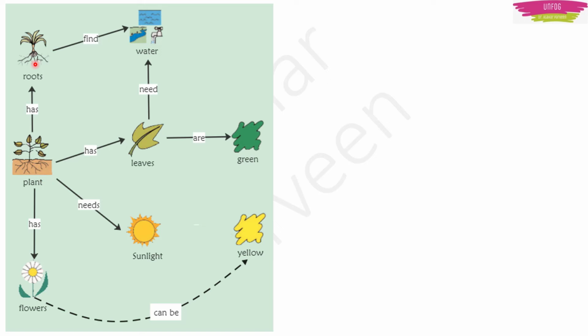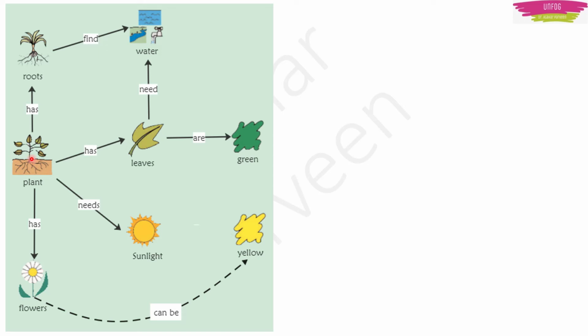Right? The work of the roots is to find water from the land. It will also give strength to the entire plant and it will also supply the water to the entire plant. Not only roots, even leaves, they need water. This plant in the entirety also needs sunlight. Leaves are green, right? So this is the story of a plant which we could understand with this mind map. We just had a plant initially. We created this entire map with a few details related to this plant.